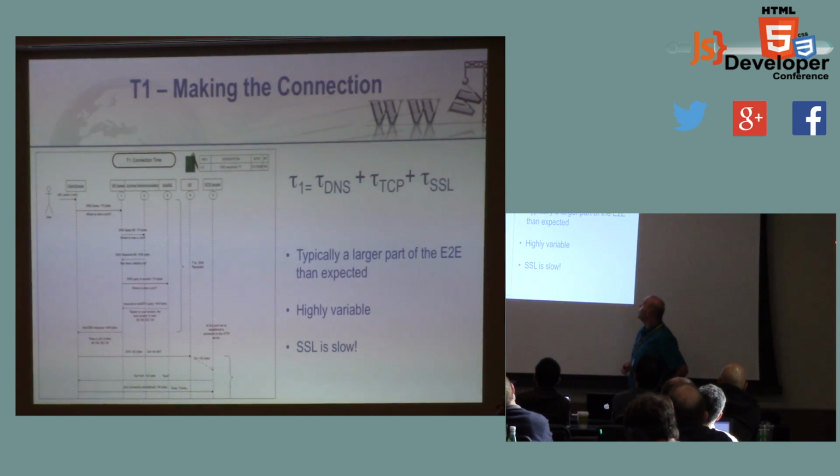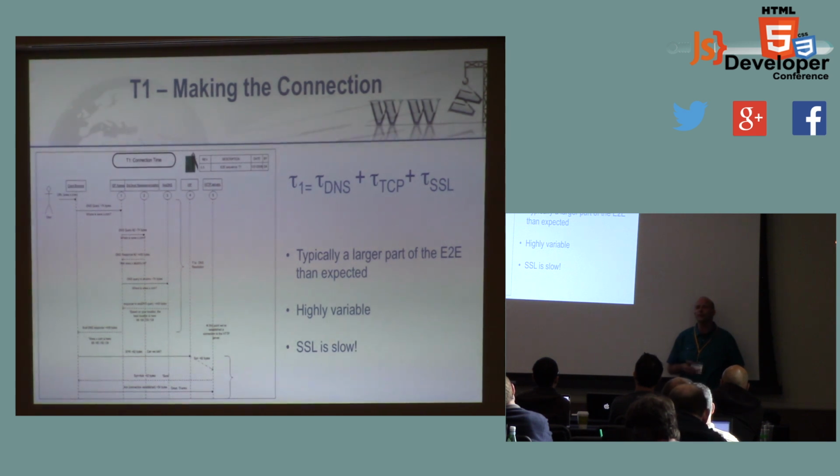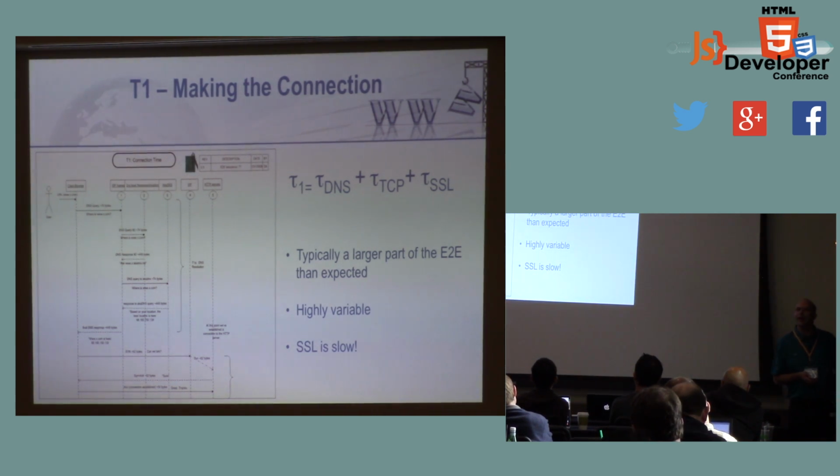So, what happens when you make a connection? Believe it or not, when you actually make an HTTP connection, there's a lot of work. When I went to write my book, I basically wrote an individual chapter for each time segment. So there's a chapter called T1, T2, T3, duh. And the T1 chapter took 60 pages. And this is before we even make a request. I was kind of dissatisfied with that. I didn't feel like somebody should have to read 60 pages of crap to figure out what the hell's going on to make a HTTP connection.